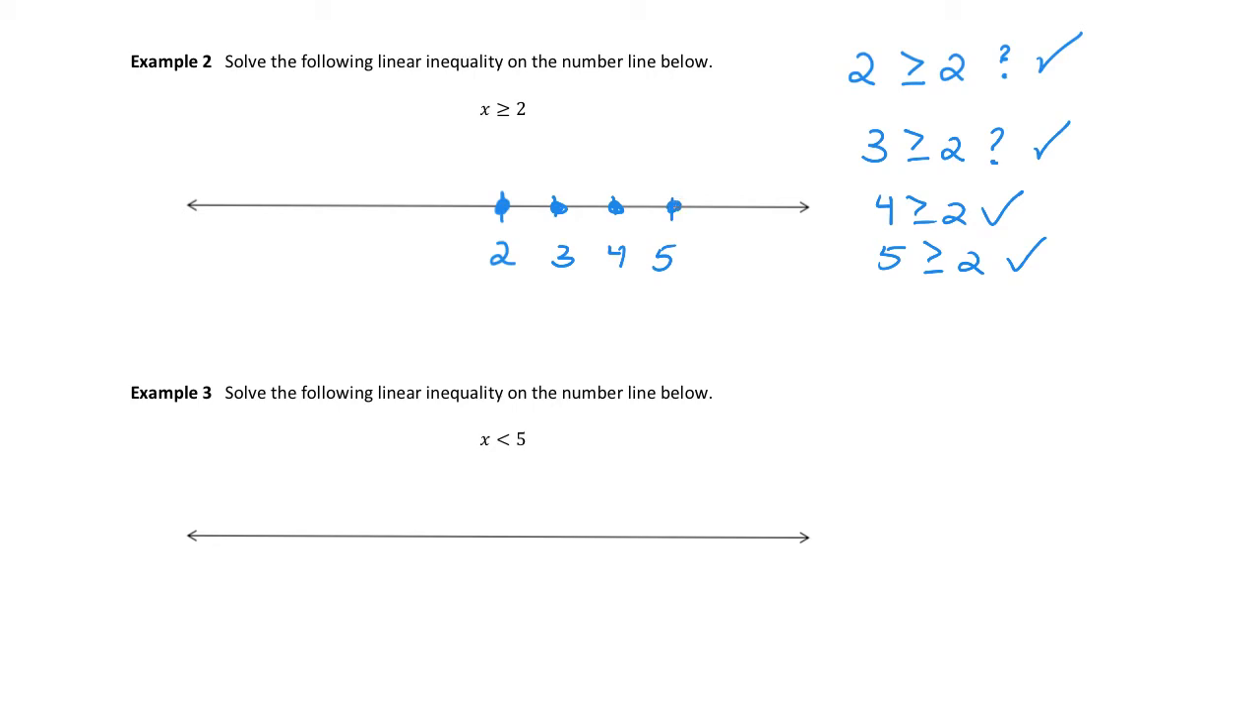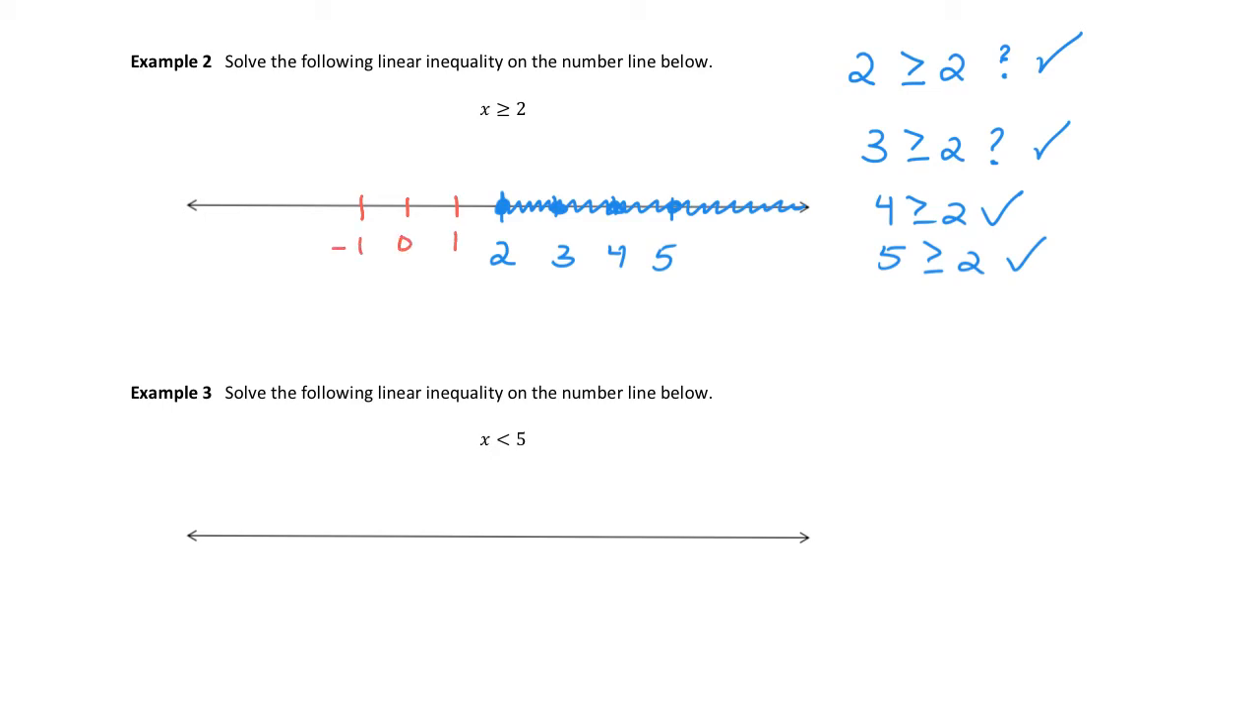But not only those points, but everything in between those values as well. The answer to this problem is going to be everything that is to the right of 2. All of those numbers make this thing a true statement. Now, if for some reason you pick things on the other side, like maybe you're going to check 1, 0, -1, and so on,